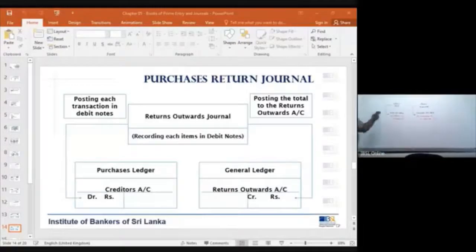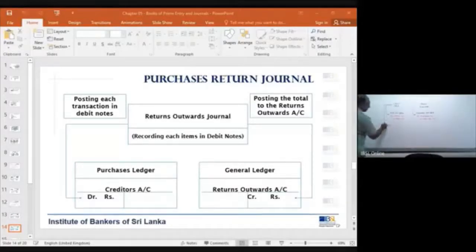Right? So when it goes to the sales day book, here it goes to the purchases day book. From the sales day book, you take the total and debit the debtors and credit sales. Here you will debit the purchases account and here you credit the creditors account. Now similarly,